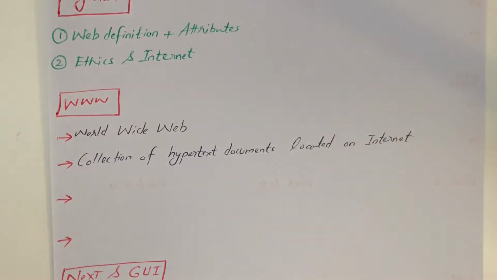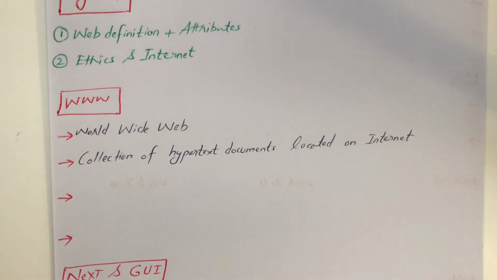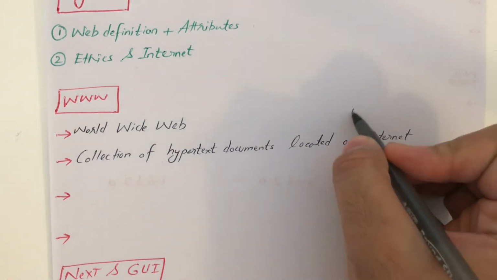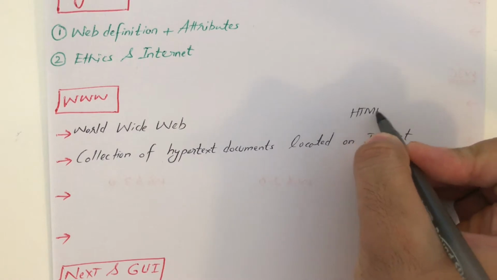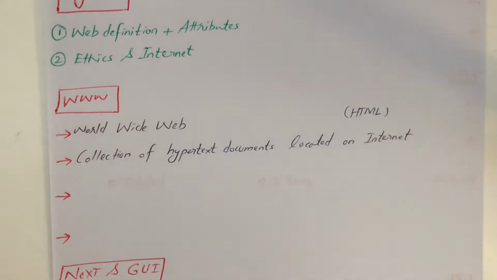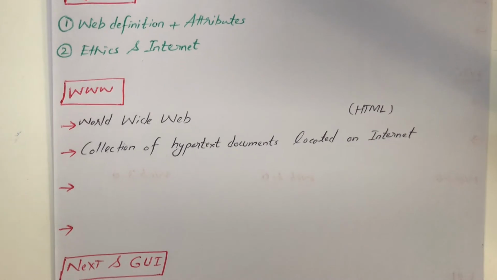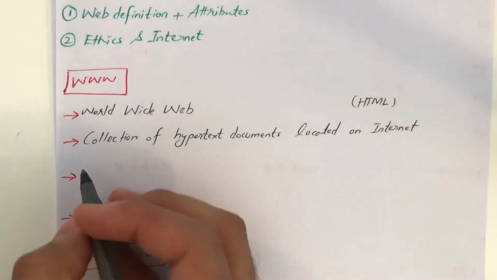As you know, hypertext documents are basically the files which are connected with each other through hyperlinks. Maybe you heard about hyperlink in Microsoft Word. And in order to create these web pages, we use a programming language called HTML, hypertext markup language. So again, we create a website and we put links to connect with some other pages as well. So in simple words,